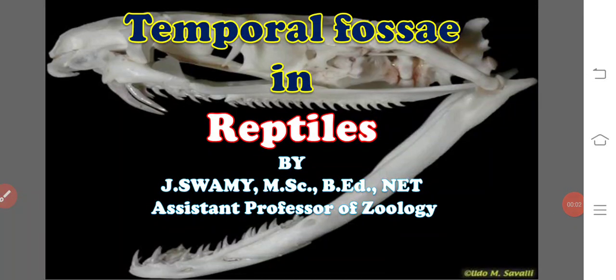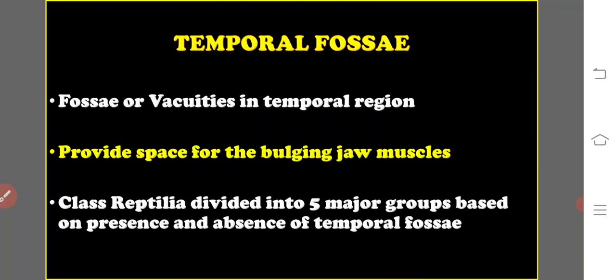Hi viewers, in this class we are going to discuss the temporal fossae in reptiles. The presence of temporal fossae is an important feature of the reptilian skull. The vacuities, the temporal fossae, are present in the temporal region. They provide space for the attachment of the bulging jaw muscles, and the class Reptilia is divided into 5 major groups